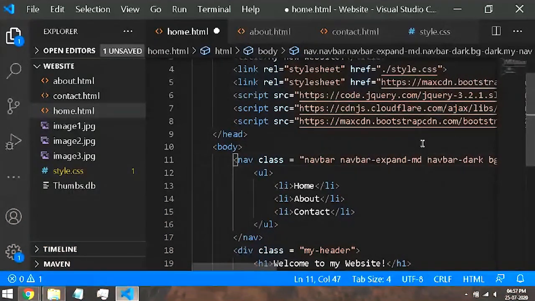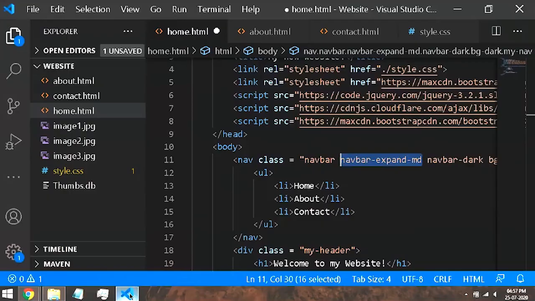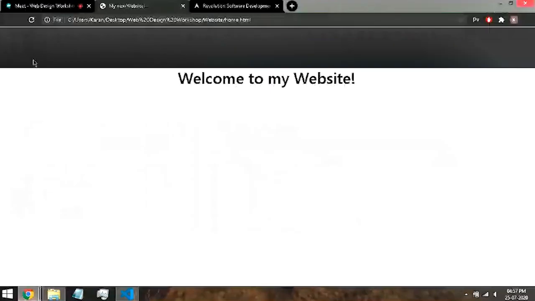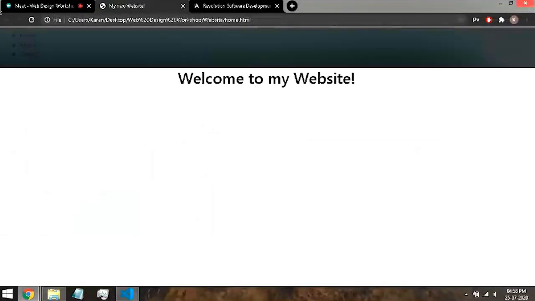What this is doing is that it is telling the browser to specify the entire width of the browser. So whatever the width may be, just occupy everything, the entire thing, whether it be mobile, laptop, tablet, whatever. So we did that. Nothing changed because it was already occupying the entire space.